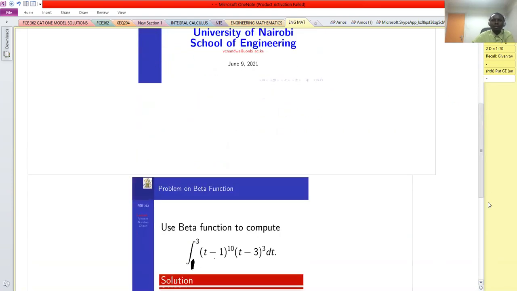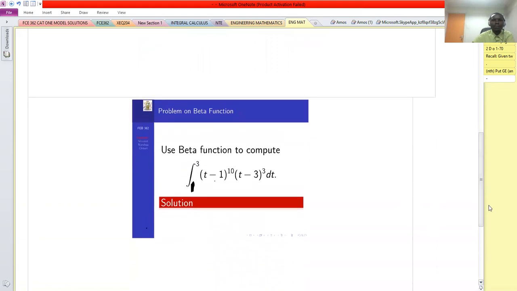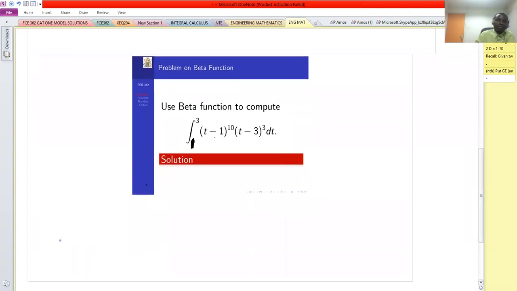So this is a problem: use beta functions to compute the integral from 1 to 3 of (t minus 1) raised to power 10, (t minus 3) raised to power 3 dt. So what we do in this given problem, the first thing we have to